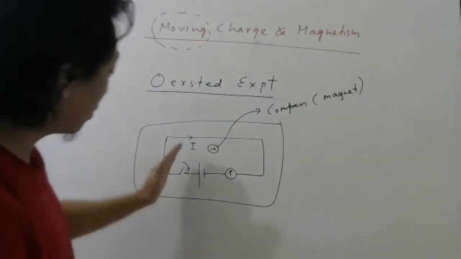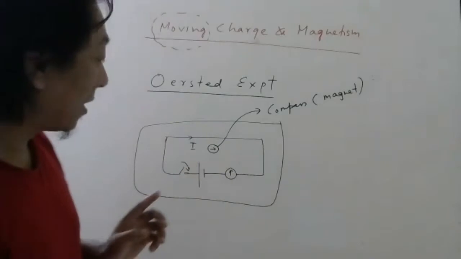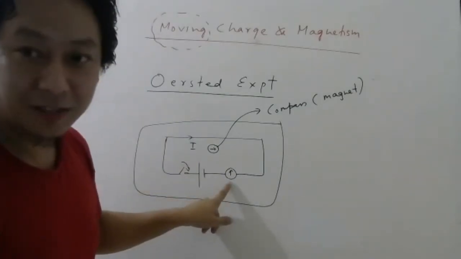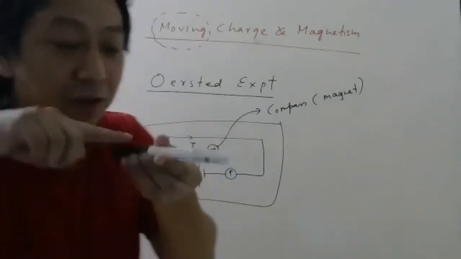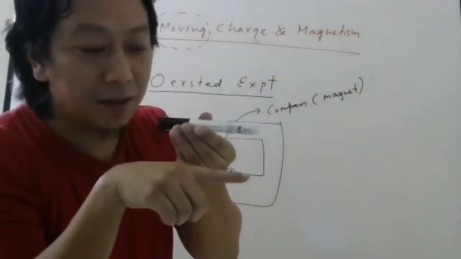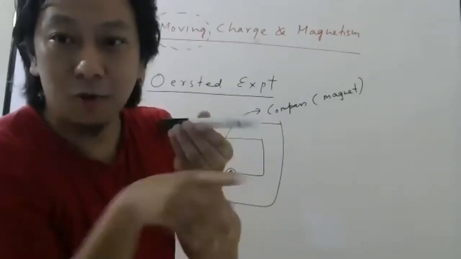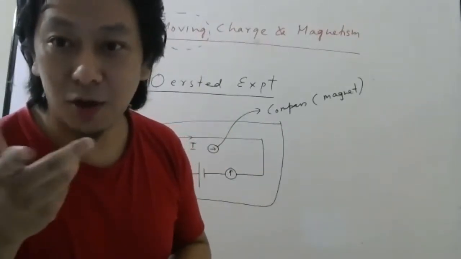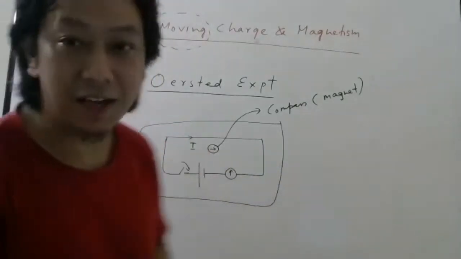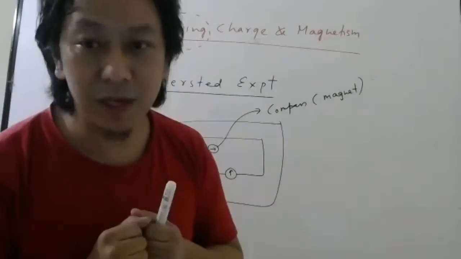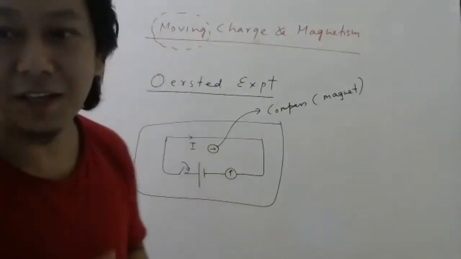So when he switched on, current flows, and then this deflects, of course, because this measures current, but this also deflected. So if this is the wire, and when the compass was kept here, it deflected one way. Then some of the students who were not focusing on the lecture told him, sir, this is also deflecting like that. Then Ørsted did not believe it because this is not part of the circuit, no. So how is this getting deflected?